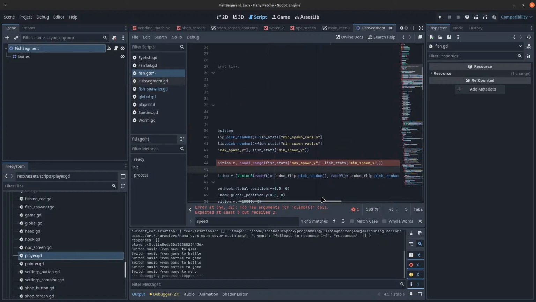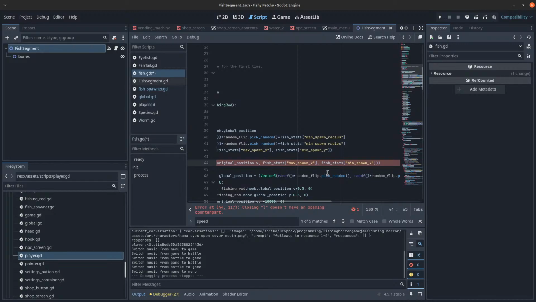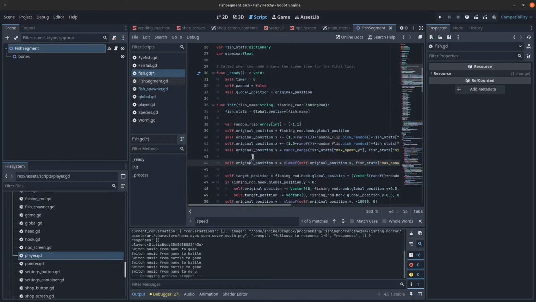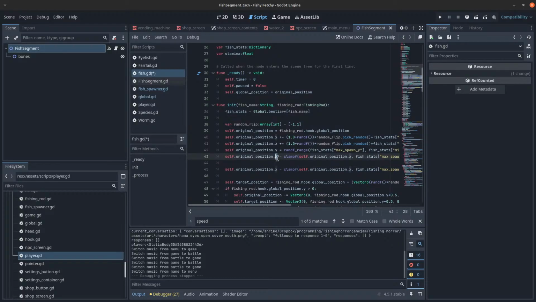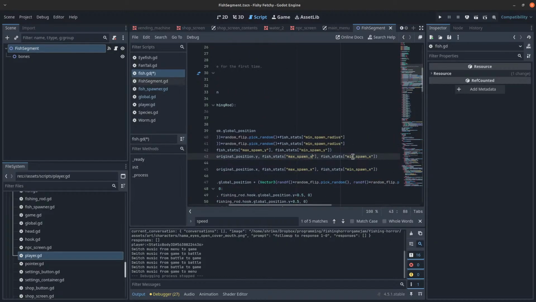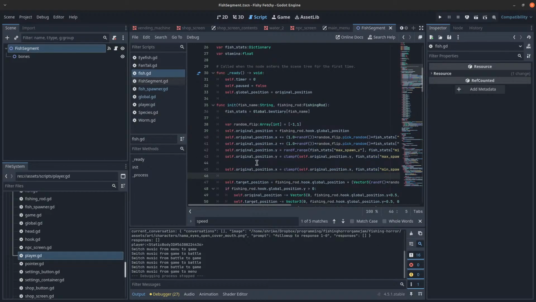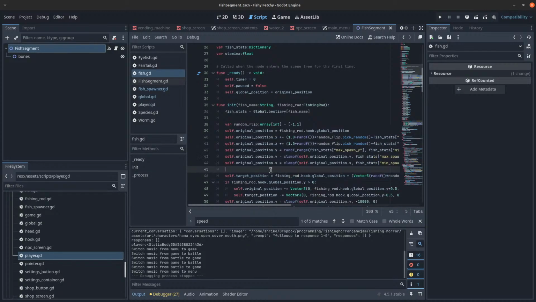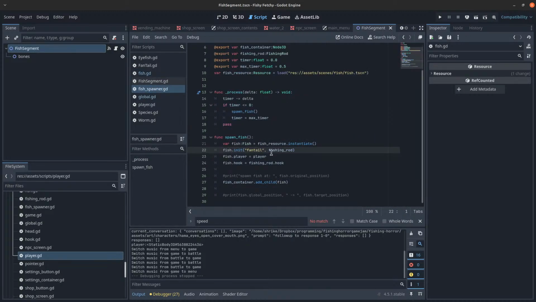These three. How's it not three? One. Oh, oops, not the random. There we go. And the Y clamp between this and this. Okay, and Z doesn't really matter. Okay, so now if I go to our fish spawner and I say,